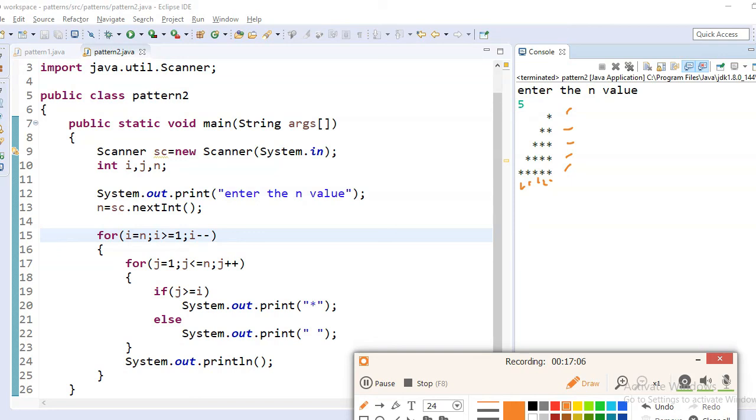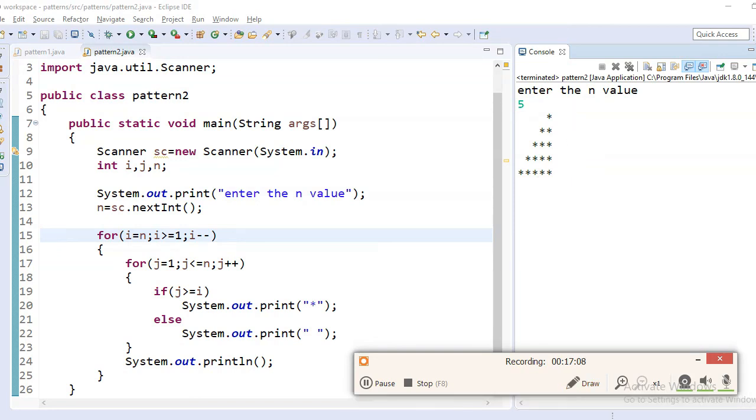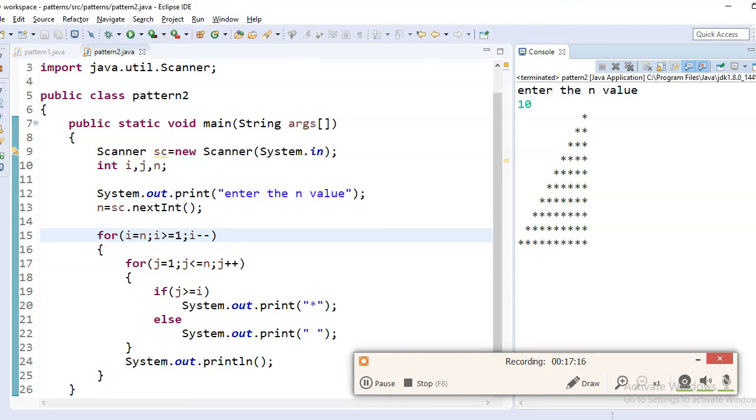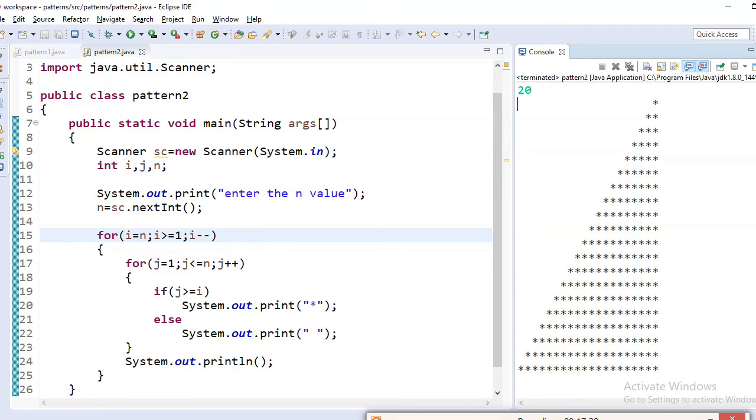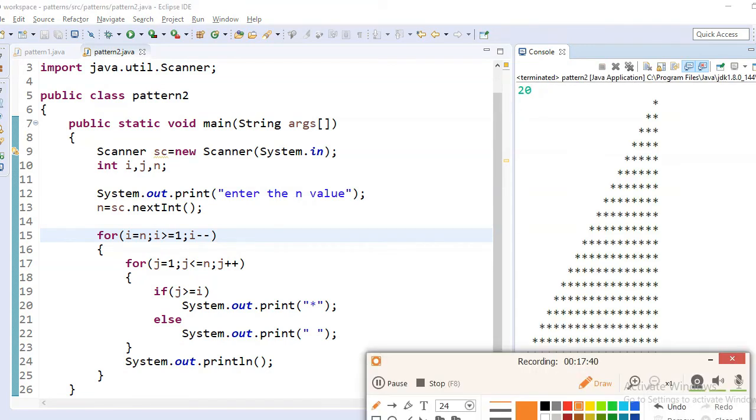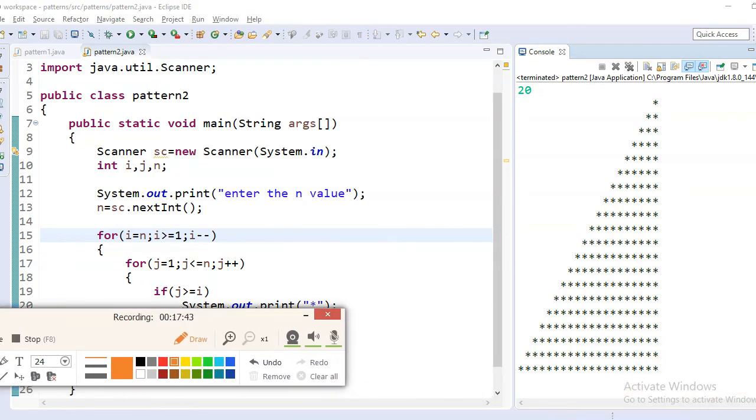Again run, enter the n value 10. It will print 10 rows and 10 columns. So this is the generalization method. If you enter any value, based on that value the pattern will be printed.